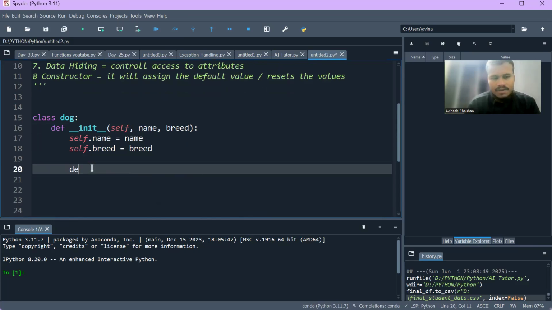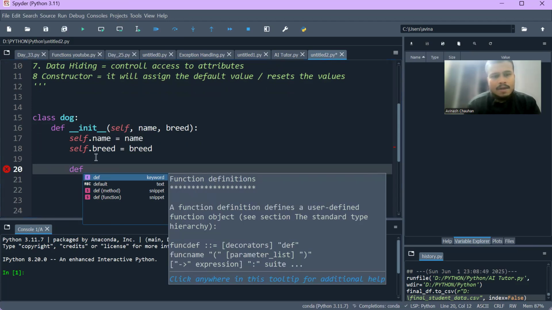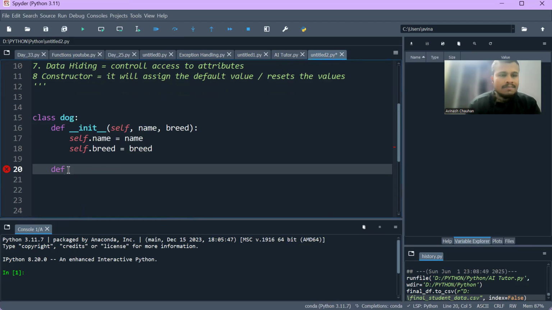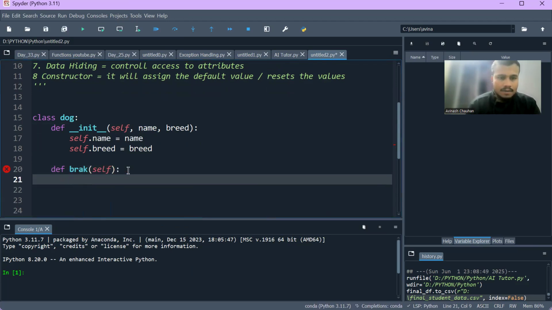And here I will just define a function. A function will be like, you can say, what are the basic functions of a dog. Okay, the basic function of a dog is to bark. So for example, I'm writing here bark and I'm writing here self, and what I will be doing,